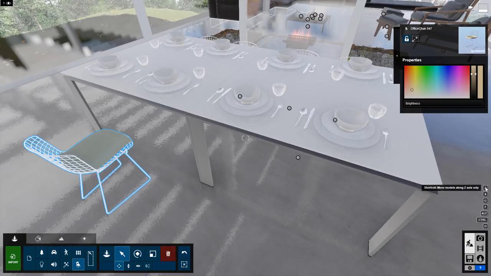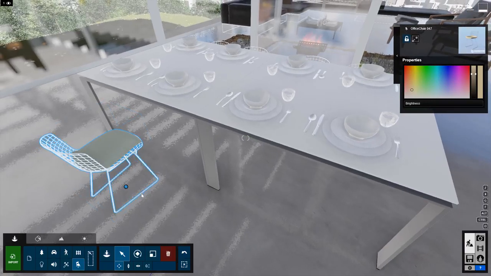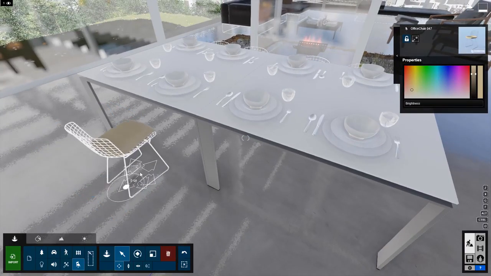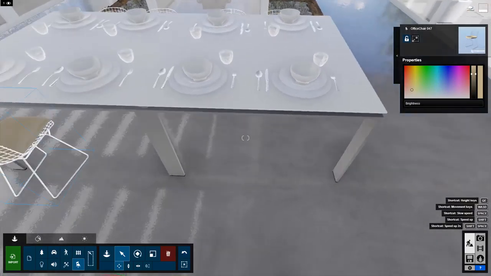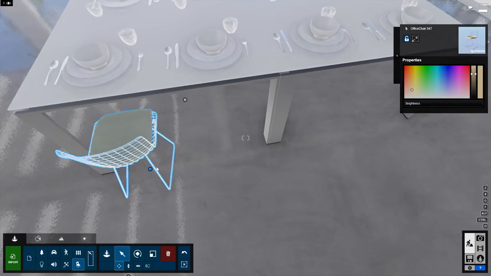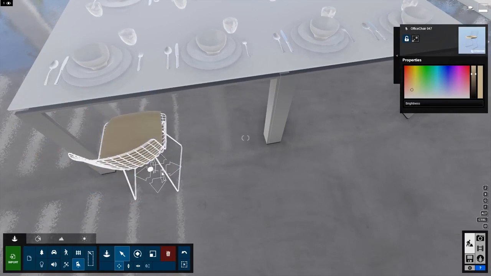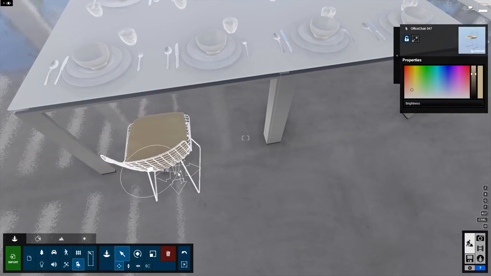Whenever you're moving around on different tools, there's all these different shortcuts. So I just showed you moving with Shift, but we can also constrain on an axis. So check this out. If I tuck this chair in under the table and scoot over like that, all right, so if I want to click and drag and move this and scoot it straight in,